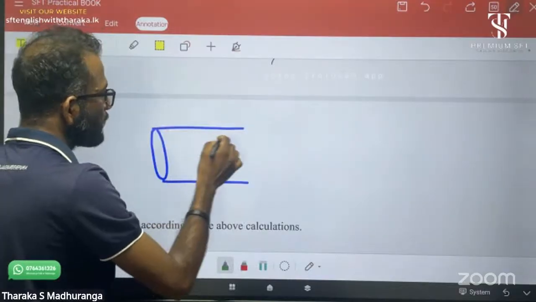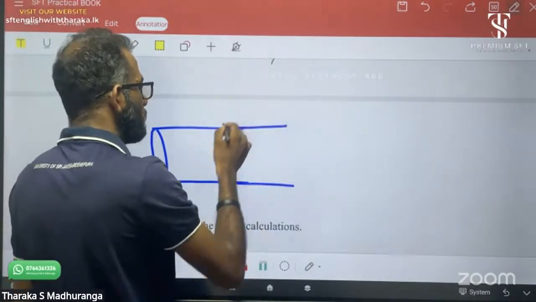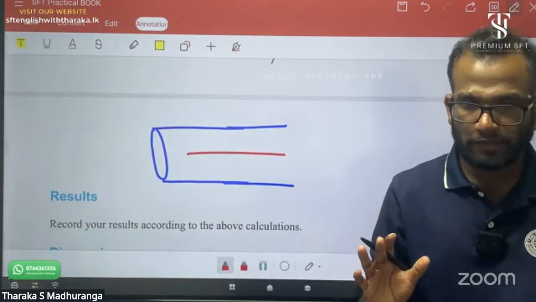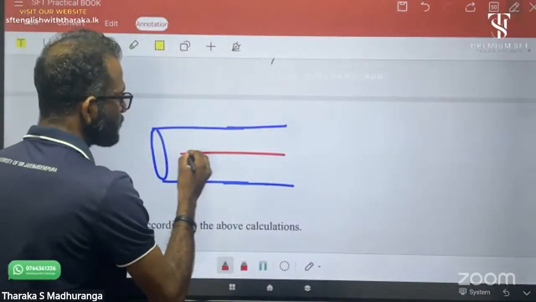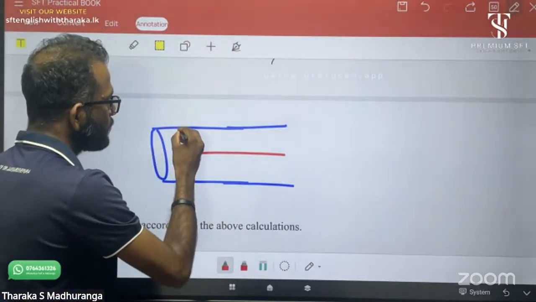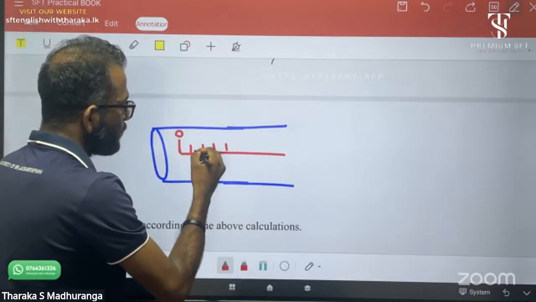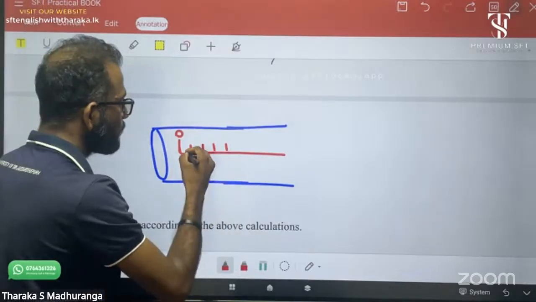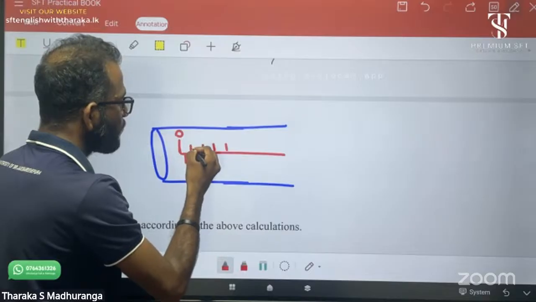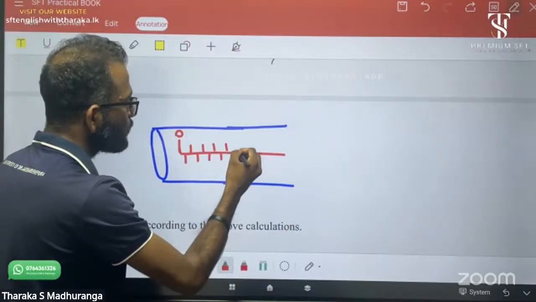Okay, this is an iron cylinder, right? A metal cylinder, and there is a middle axis. This is the linear scale middle axis, and it is marked 0, 1, 2, 3, 4, and each 1 millimeter is divided into 0.5 like this: 0, 0.5, 1, 1.5, 2, 2.5, 3, 3.5, 4, 4.5, 5. It's marked by 5 by 5.